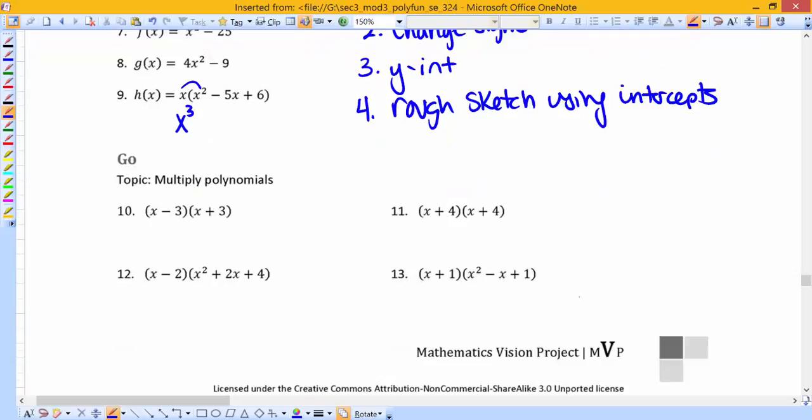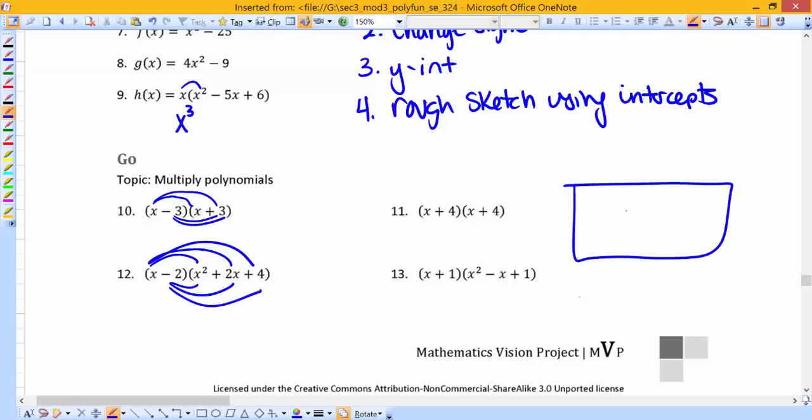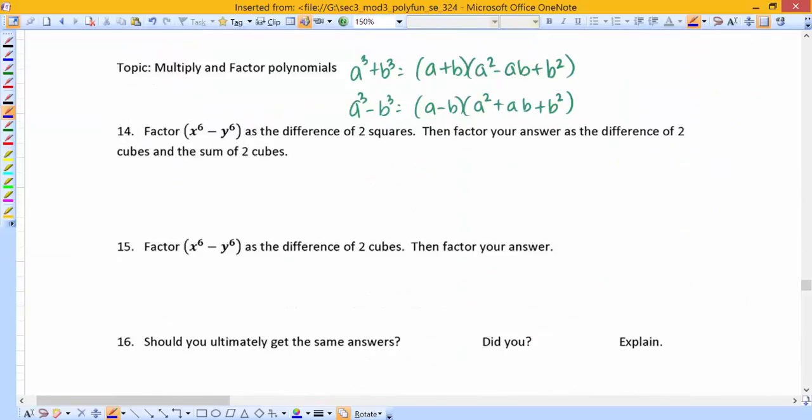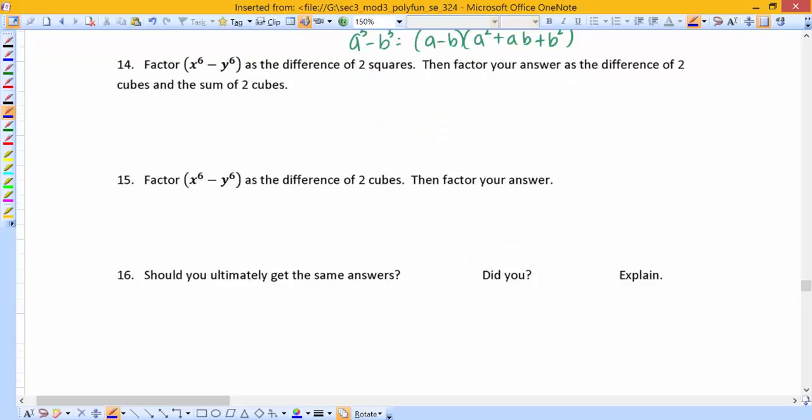Okay, multiplying polynomials. This is when you're going to use distribution. Distribute the x, distribute the 3. Distribute the x 3 times, distribute the 2 3 times. So same process for the other 2. I'm not doing those. You are also welcome to make the boxes if you want to use the boxes for multiplying those out. Okay, and then in the last one, for 14, 15, 16,